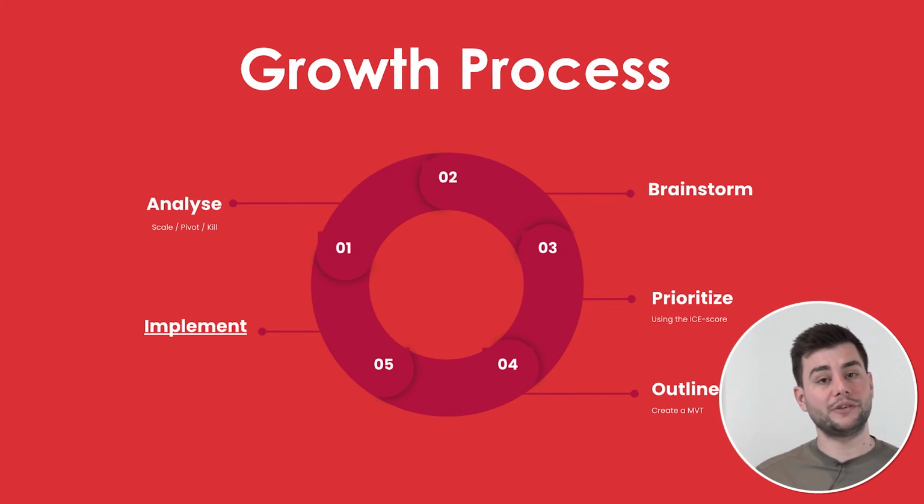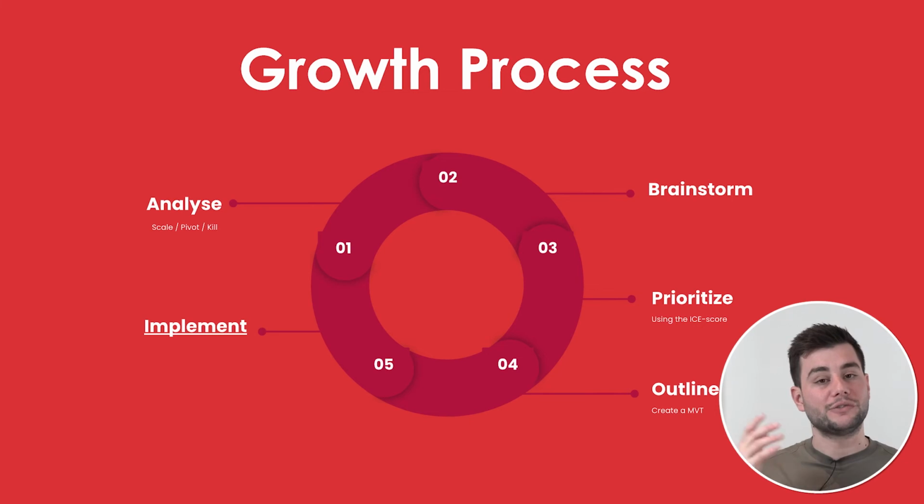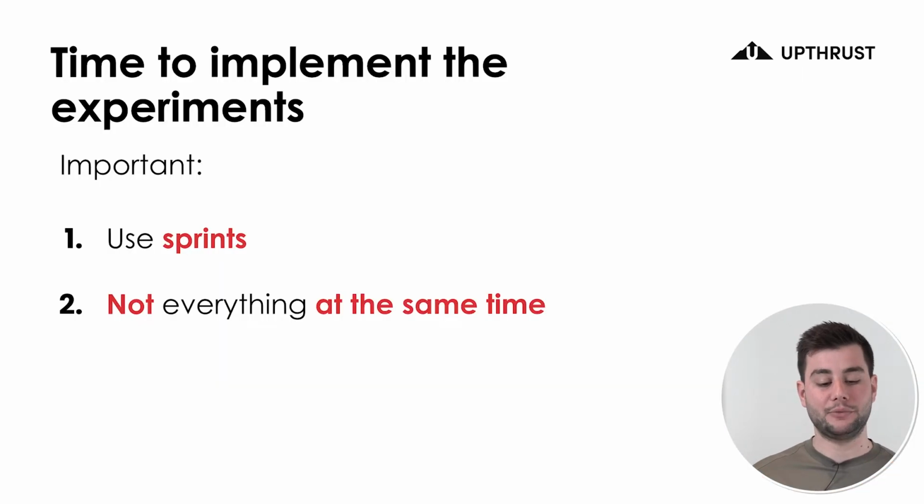Next, we're going to, of course, implement this. It is very important that you give the experiment some time to run. Some very big companies with a lot of traffic on their website, for example Amazon, only need a couple of hours to validate if the experiment is working. Most companies that we work with need a couple of weeks to see what is actually the best one that works, or whether this experiment is really converting as we would expect. So take some time to implement it and let it run.